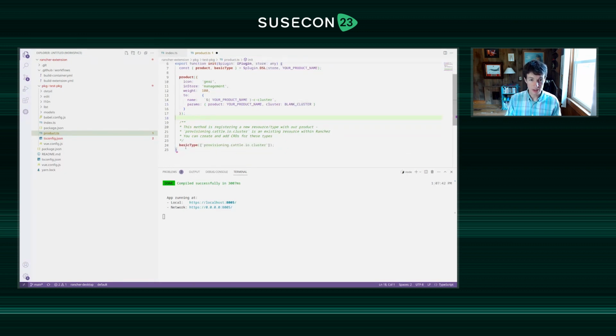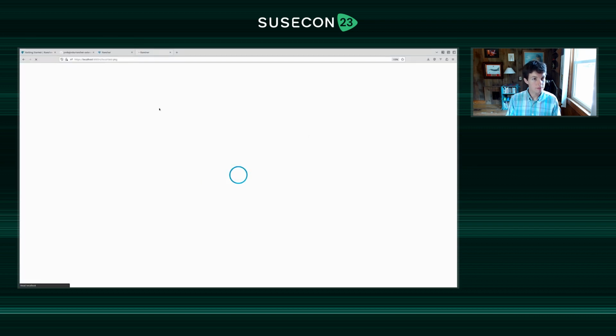Then the next thing that I've done down here is I'm using this basic type method to actually register a new resource and type within our product. So I've decided to just use provisioning.cattle.io.cluster resource, as this is existing already within Rancher, but you can create and add CRDs. You can add whatever you would like within these basic types. So if I save this and go back to the browser,